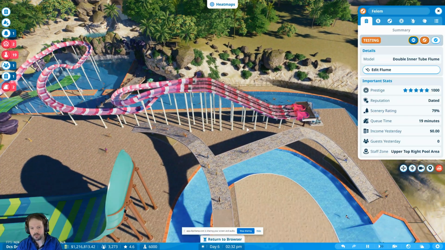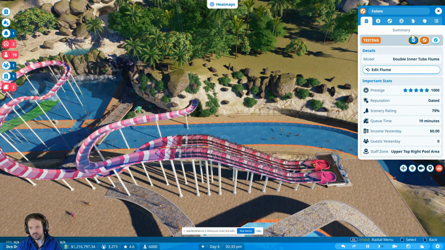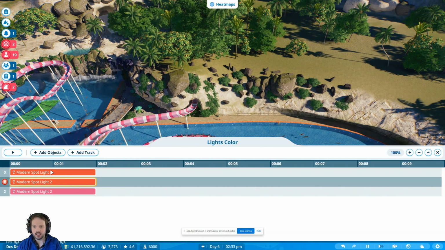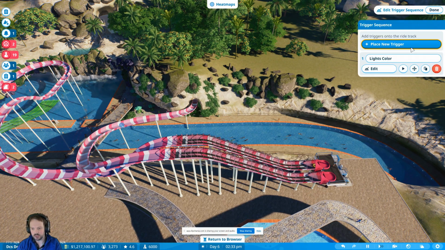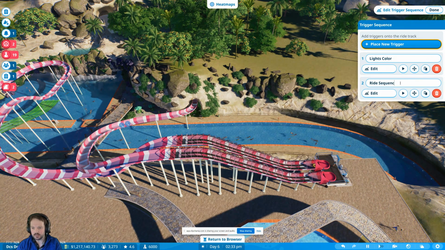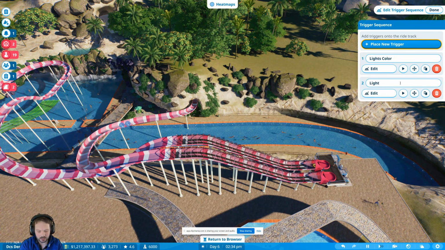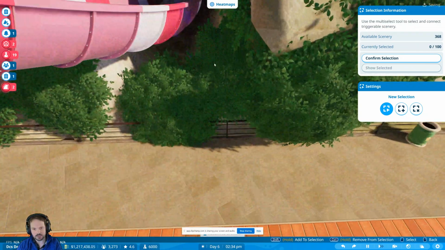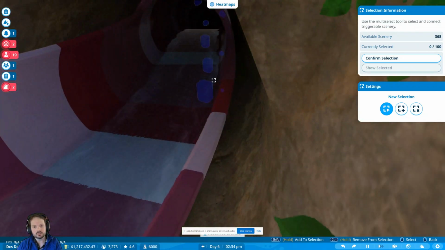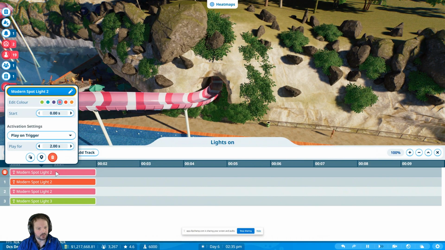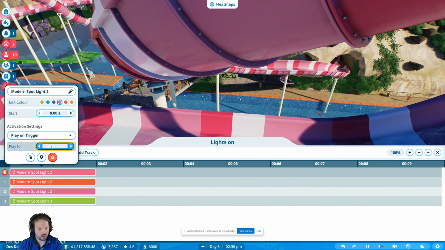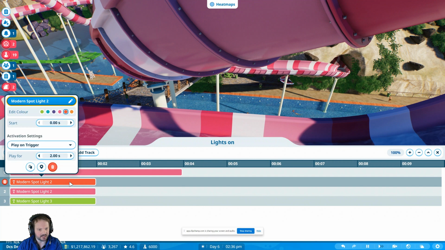Well, it happened because you haven't actually turned the lights on. So even though with lights, when you actually go and change the color, etc., you actually need a new trigger to say, let's say, call it lights on. And what this will do, so we add the objects, we add these 3, and we go to them and we want to play on trigger for 2 seconds, or we can make it for, let's say,